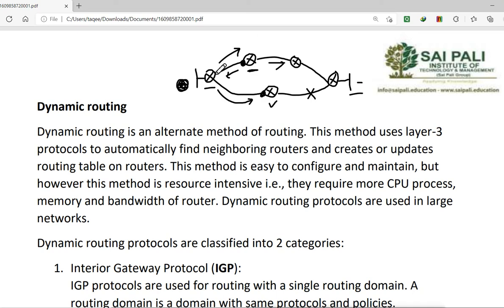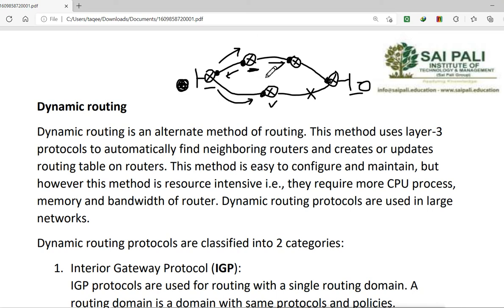So I have to mention this as the first hop address. But if the administrator mistakenly mentions this as the first hop address, then it will not reach the destination. And again, if I want to go to this network from this router, I have to mention the first hop address, not the second, third or fourth. I have to mention the first hop, and this will be the first hop address. But if I mistakenly mention this as the first hop address, then again the network will not be reachable.